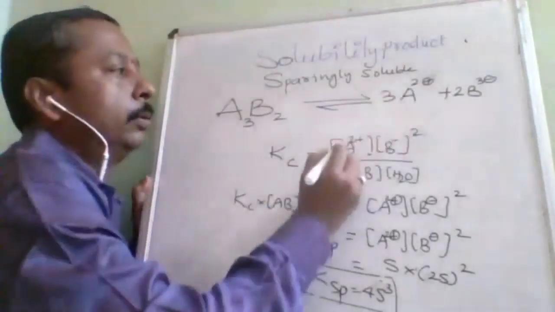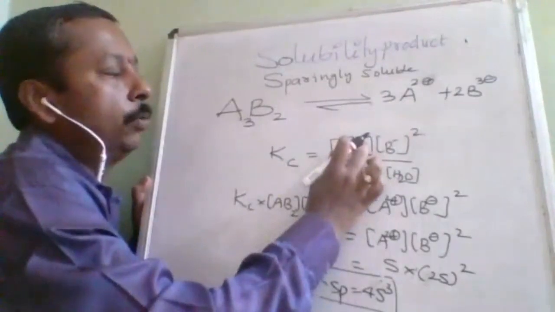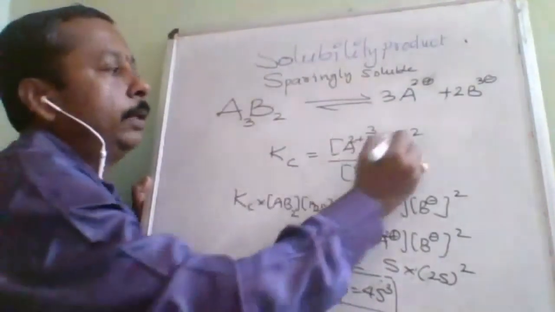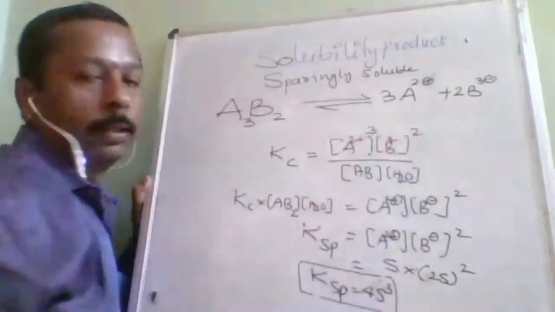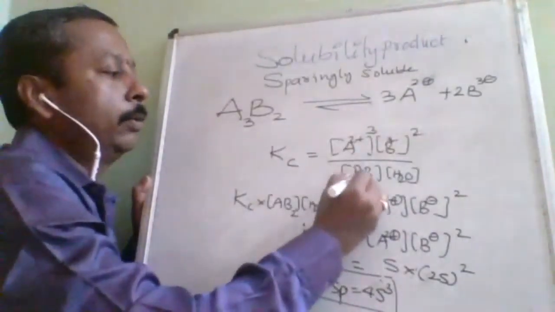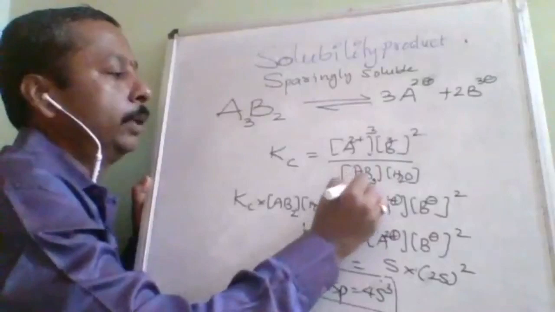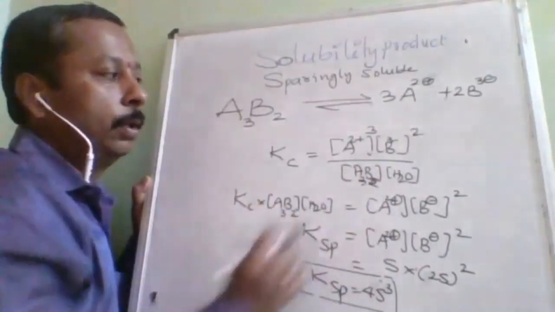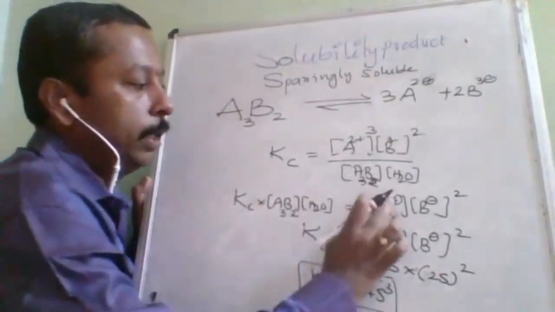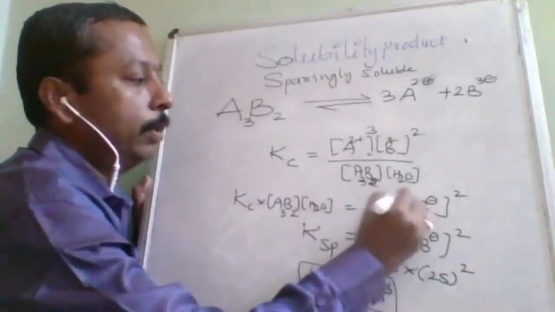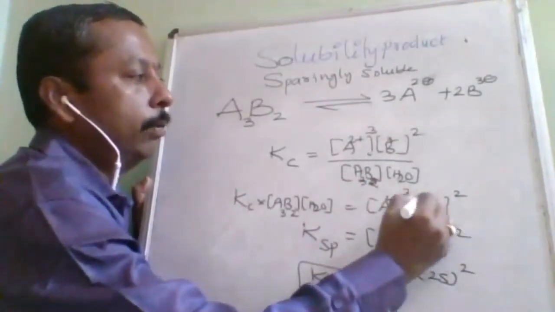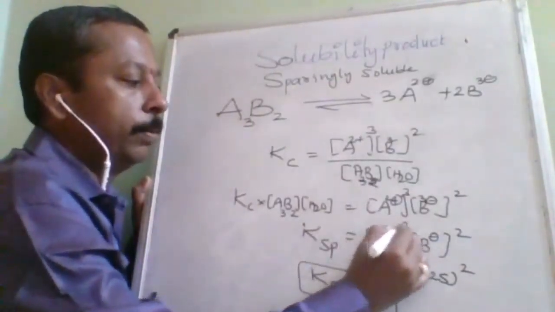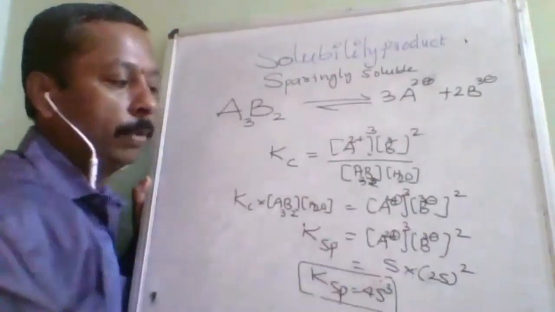Okay, so here what I am going to write, A2 positive but cube. B3 negative but square. Is it understood? Same is going to be A2B3, sorry, A3B2. Understood? Now again it is going to change. A is 2 positive to the power of 3, B3 negative to the power of 2. Same way A2 positive to the power of 3, B3 negative to the power of 2.